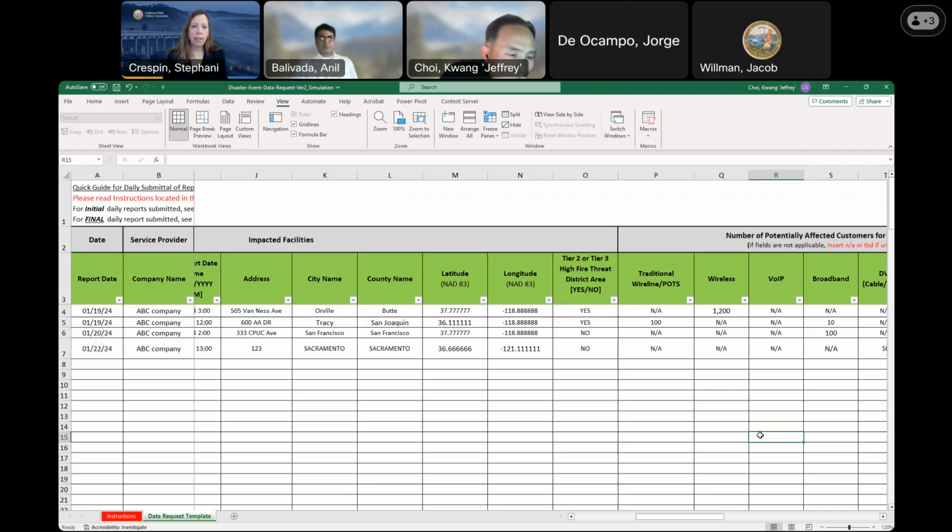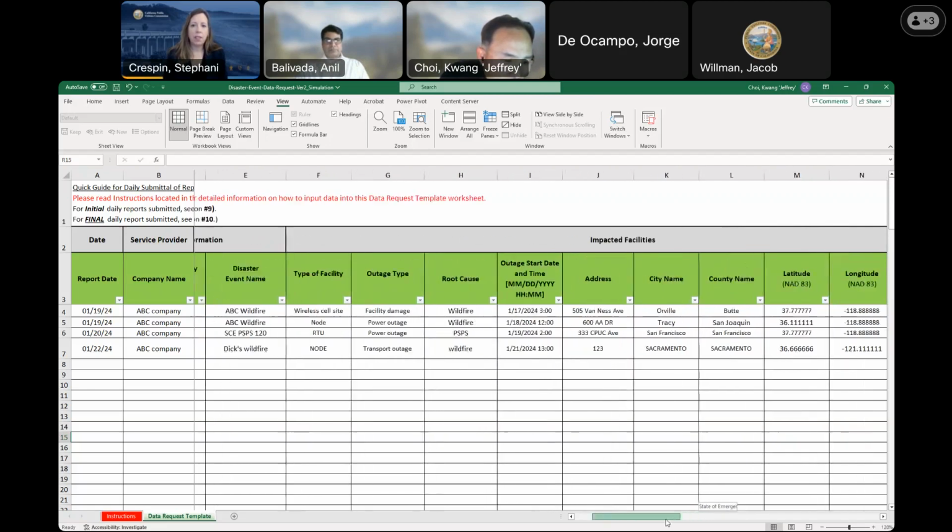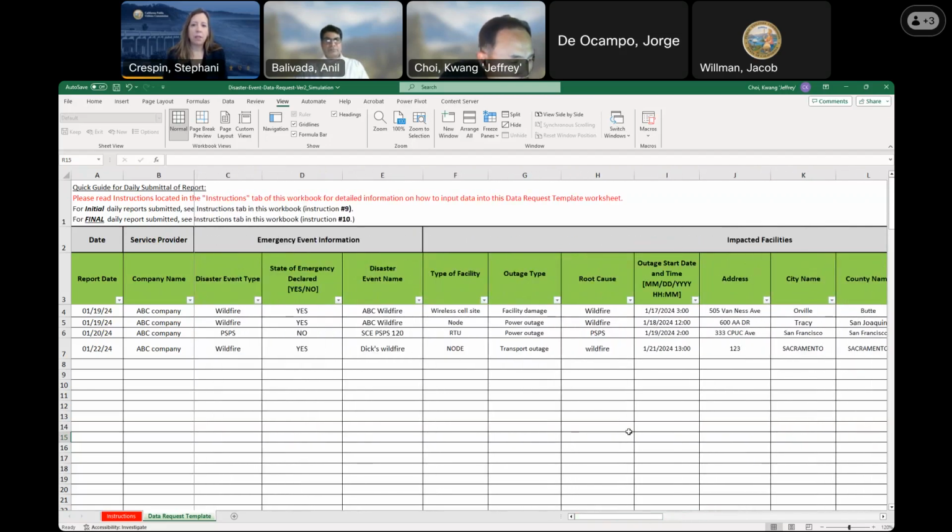Thank you. And I would add that the report will always change in column A because it's the next day's report, even if you don't have updated information. Update the day that you're submitting your report. And as Anil said, in the body of the email, you can mention for ease of processing that there's really no updates, but that you did submit your report.